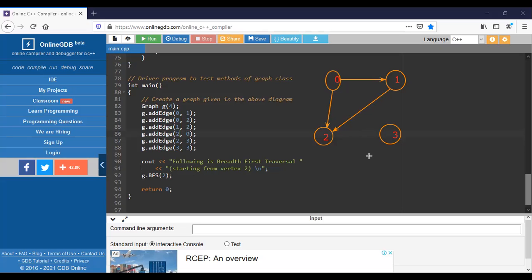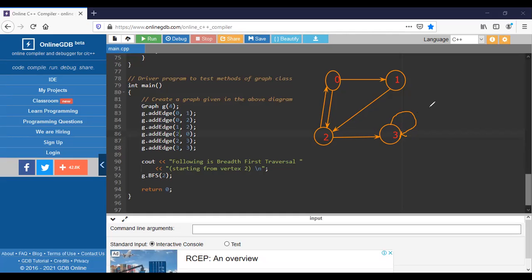And then add the edge from 2 to 0. Next, add the edge from 2 to 3, and this last one is a self edge, which is a loop. Okay. So that is a representation.